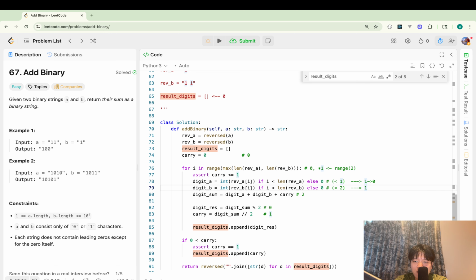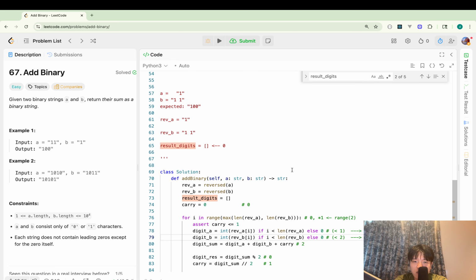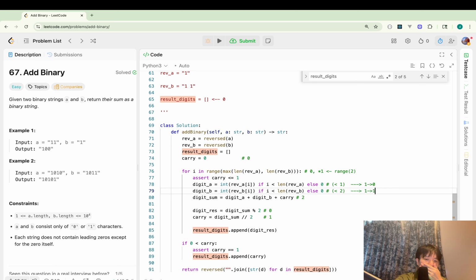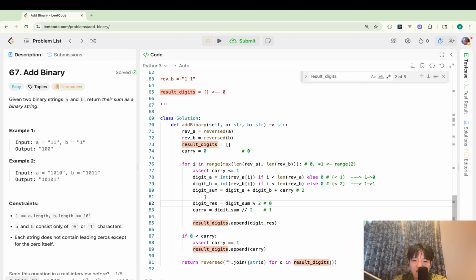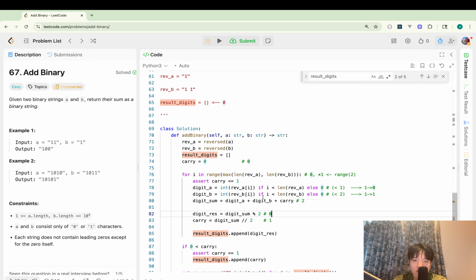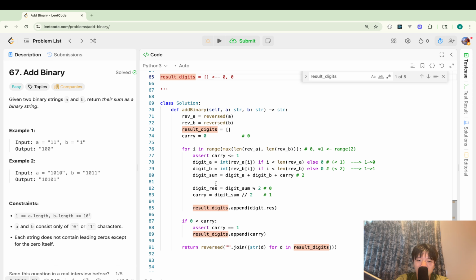Good. For digit B, it doesn't go out of the range. So digit B should be now 1. So digit sum should be 0 plus 1 plus 1 is 2. So again, digit result is 0 and carry should be 1. And this 0 is appended to result digit. Good. And then line